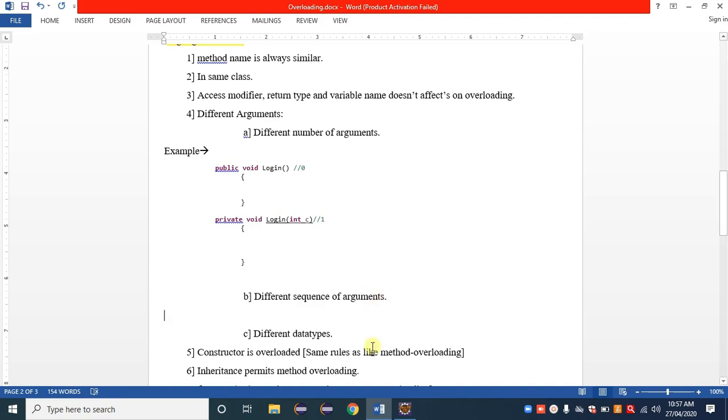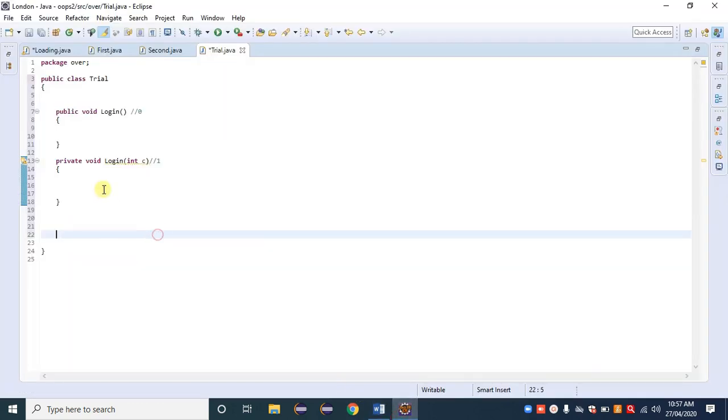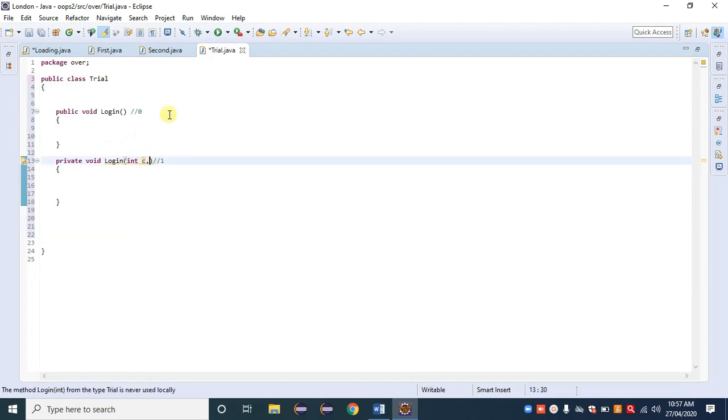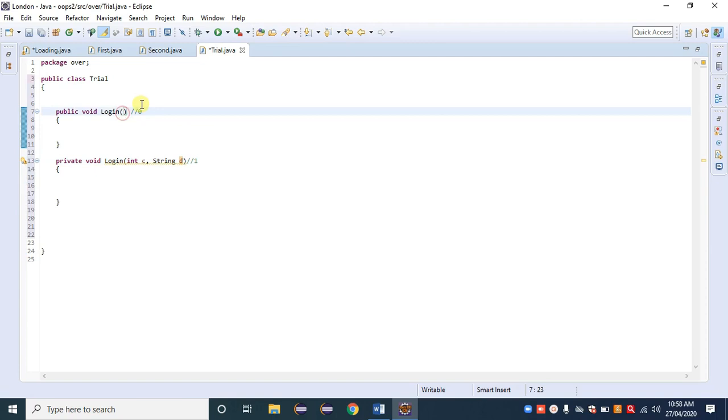Different sequence of arguments. Suppose here instead of one argument there are two arguments available, string C. There are again two arguments available, int E comma string A. Right now here are two arguments, here again two arguments.